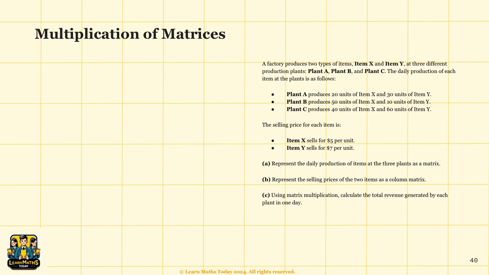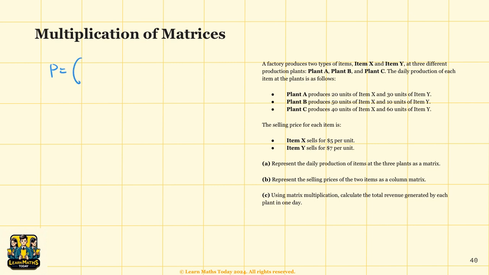In the first part of the question, we are told to represent the daily production of the items of the 3 plants as a matrix. We have the information where plant A produced 20 units of X and 30 units of Y. B produced 50 units of X and 10 units of Y. Plant C produced 40 units of X and 60 units of Y. So all you need to do is represent this as P. So P, you can represent it as,